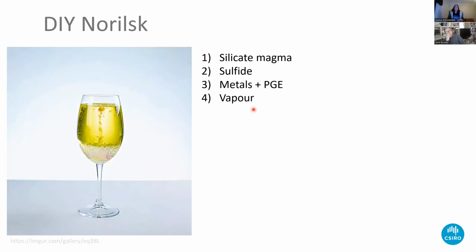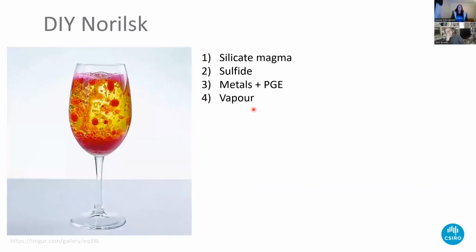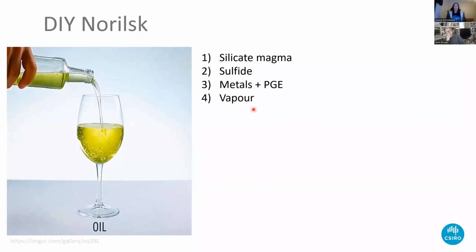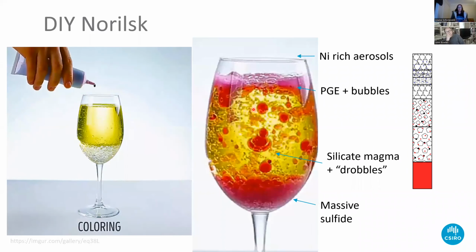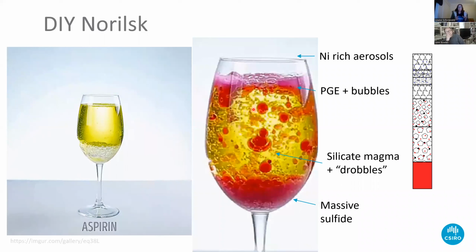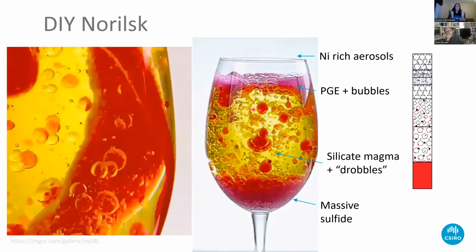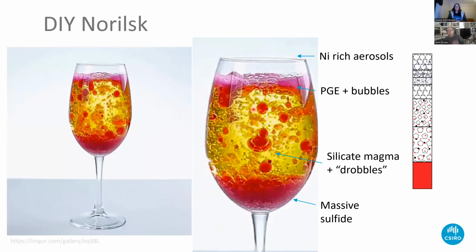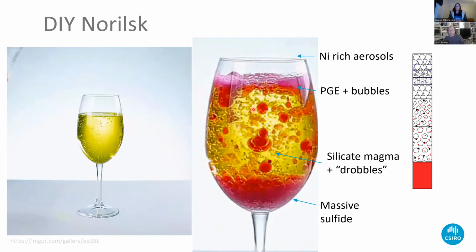You can see as it starts to effervesce, it starts to mix all of the sulfides and PGEs into the magma, starts to make those vapor tubes, and globules start to rise up through the silicate magma, and then they start to collect on the top. At the top there, we have our PGEs and bubbles alone, so we don't have any of the water there. They're just basically little bubble frames with the red food coloring, so just PGEs and bubbles sitting at the top. And of course, we have some aerosols coming out of the top of this deposit as well. If we freeze this image, you can see that it's a nice little representation of what's going on